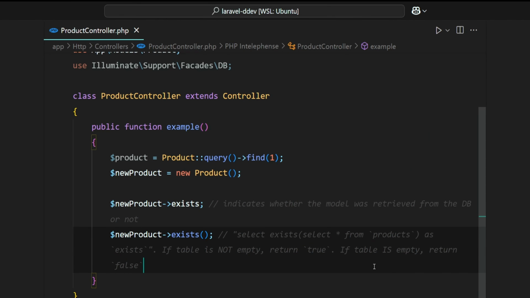In this video, we've explored the difference between the exists property and the exists method in Laravel. While both are related to checking whether a model exists in a database, they serve different purposes. The exists property is specific to an individual Eloquent model that indicates whether the model was retrieved from a database or not. It returns true if the model exists in a database, and false if it's a newly created model